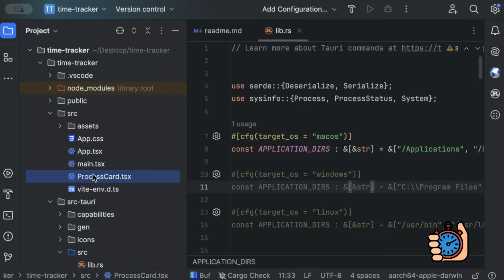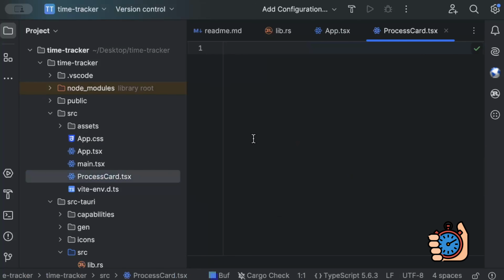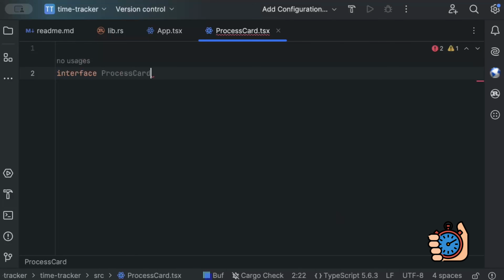So we have our app tsx where we'll add all of our main UI, and make a process card tsx where we'll add our cards UI for showing the max running time, the max memory. So let's first of all add the card component. So let's add our props interface and process card props,